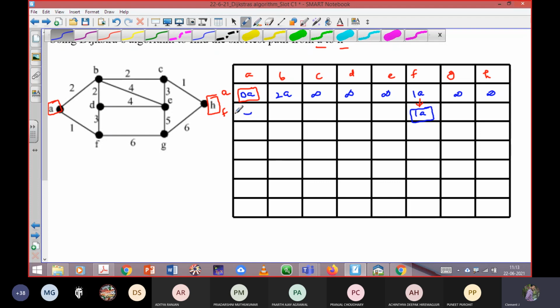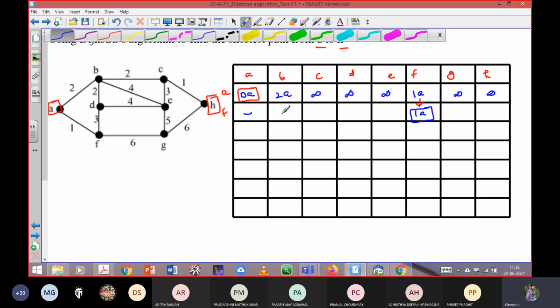Yes, sir. Okay, next. Next, I need to concentrate by fixing the vertex F. So from F to B. F to B, what is the distance? Infinity. Okay. So infinity here, I need to compare. Whenever I put infinity, I need to compare with the previous cell value. If it is a lesser value, not only infinity. Just imagine if I am having 6F distance, I should not mention here 6F. Instead of 6F I need to insert here 2A only. I need to retain the previous minimum value.